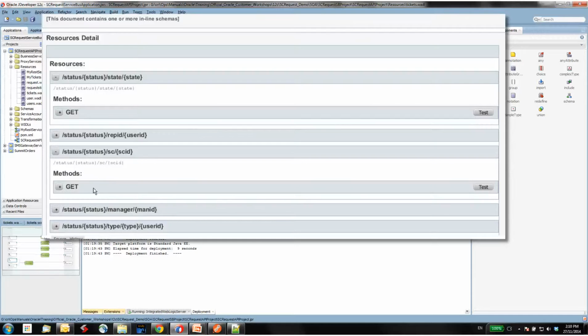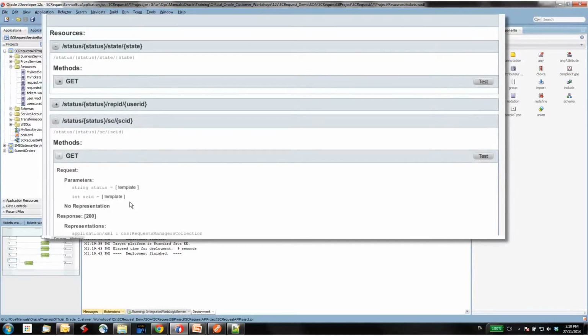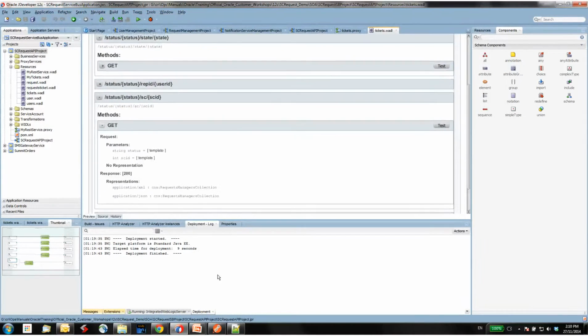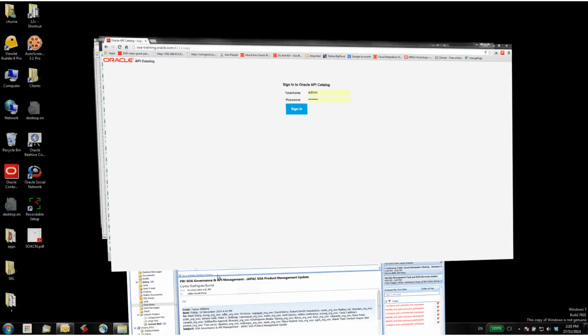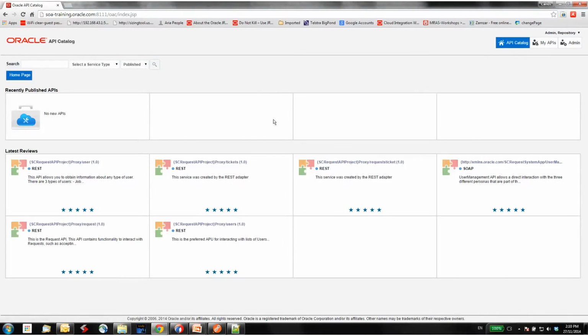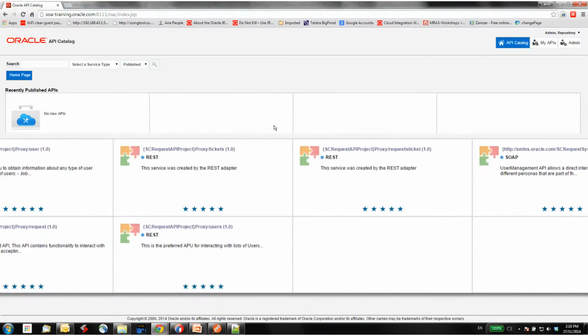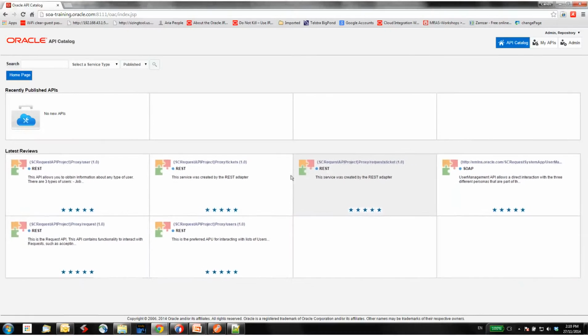We can see information about the methods, the parameters, and the configurations that we selected as part of creating the API via the REST adapter. Alternatively, you can use the API catalog to get design information about the APIs. You can harvest these APIs automatically by using scripts, or you can directly point to a particular project and then harvest all the APIs that are part of that project, like what we did for the